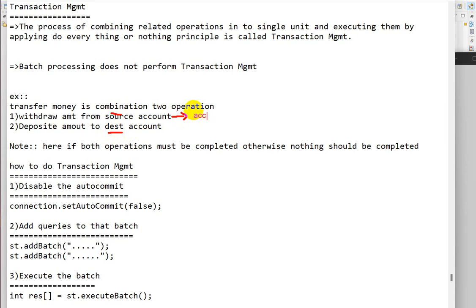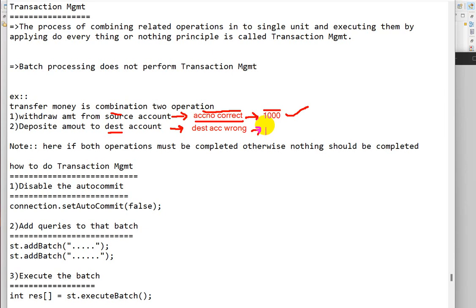You provided your correct account number and the amount to transfer, but you provided the destination account number of your friend incorrectly.